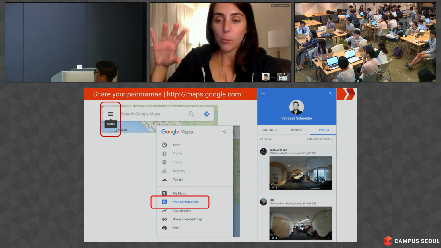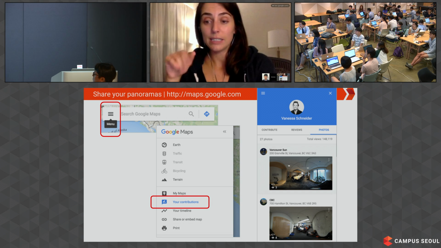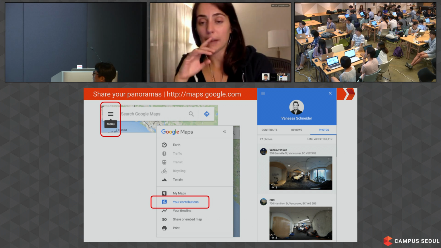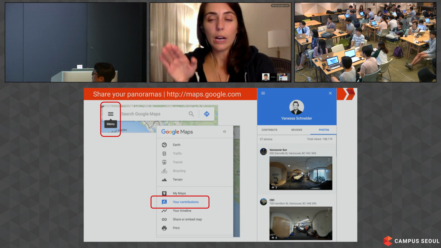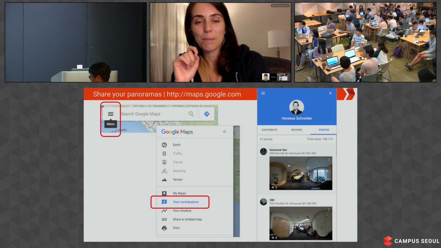That opens up a little profile. Click on Photos, and then you'll see all of your 360 images living in this area, so that when you click on one of those images, next slide,